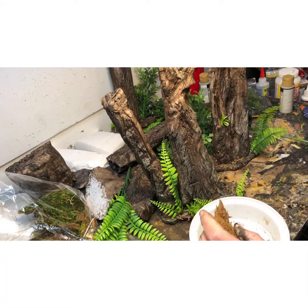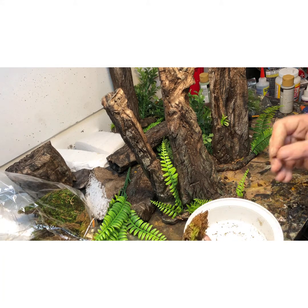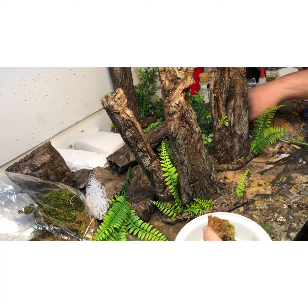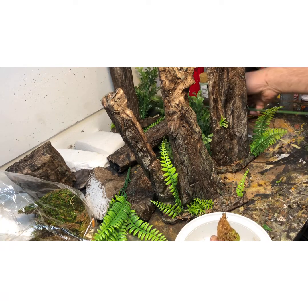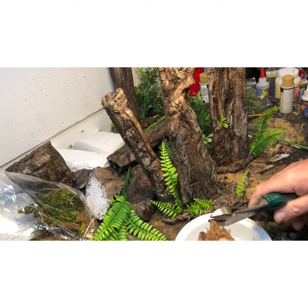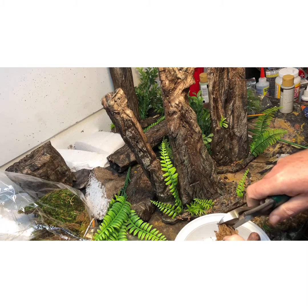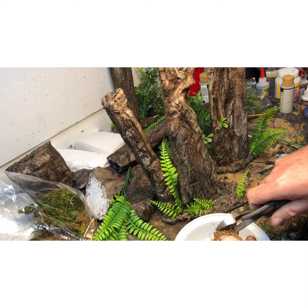The brown represents the dead stuff that's laying on the ground. The green is the newer. So the brown stuff goes lower. The green stuff comes higher. It's awesome having scissors before you do this. I don't know. I always feel like I'm so much more prepared than I probably really am. So I'm just going to use my little wire snips. But anyway, I'm going to just trim a few of these things off really quick, and I'll show you exactly